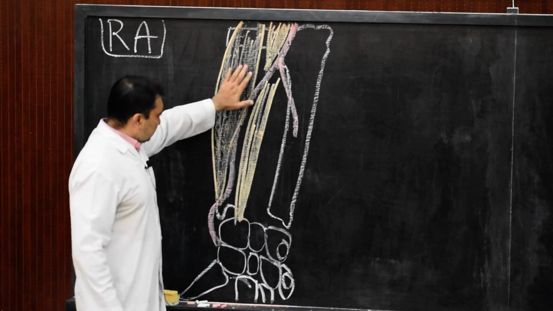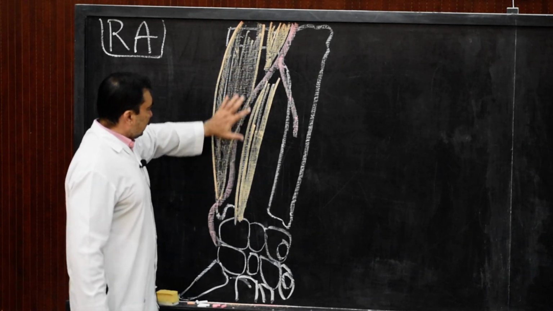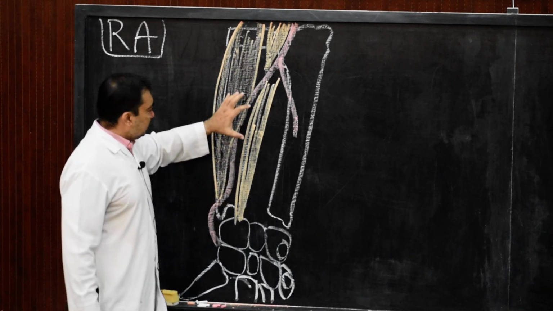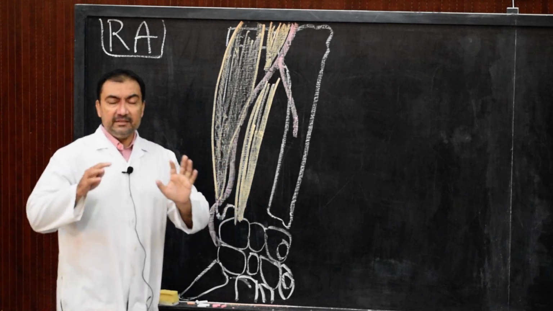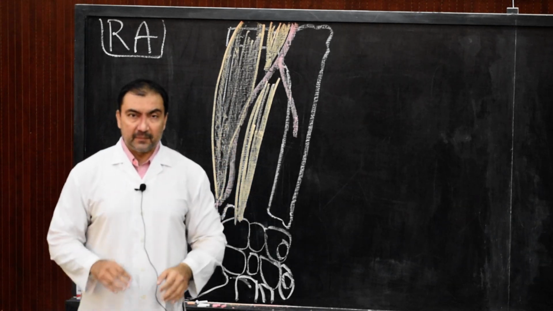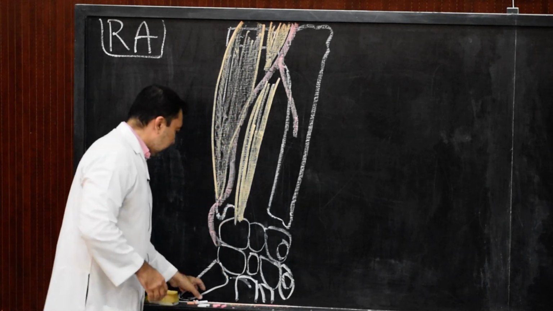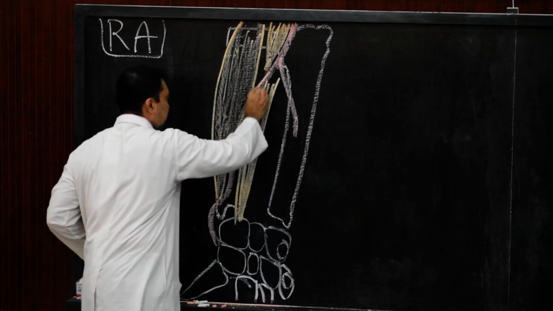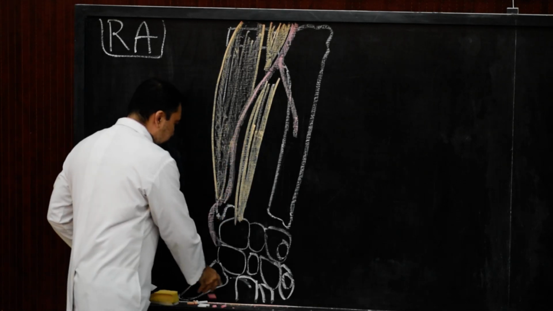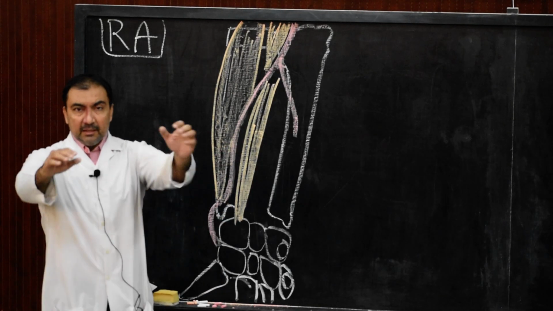Therefore, anterior, the superficial relations of the radial artery will be, in the upper part, brachioradialis, and in the middle and lower part it is covered by skin, superficial fascia and deep fascia. Now the deep relations. What are the deeper structures to this radial artery? Once again I will darken this radial artery. The deep structures to this radial artery will be the muscles.